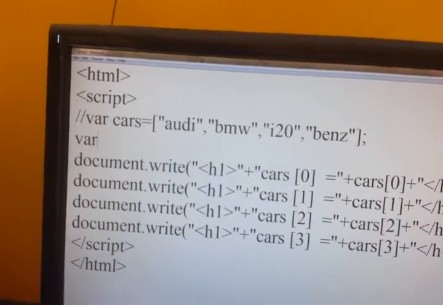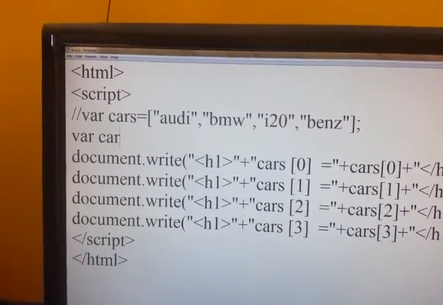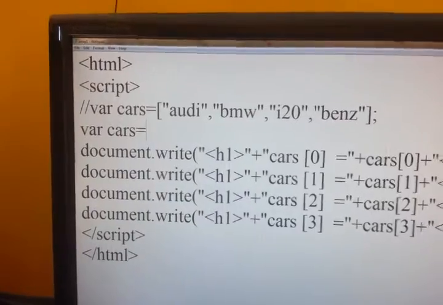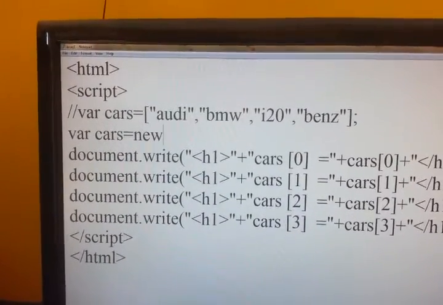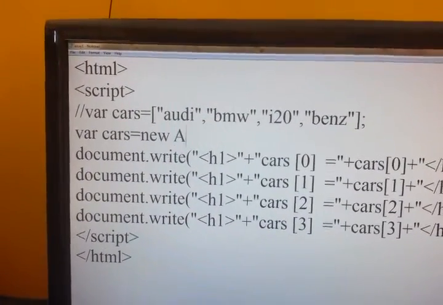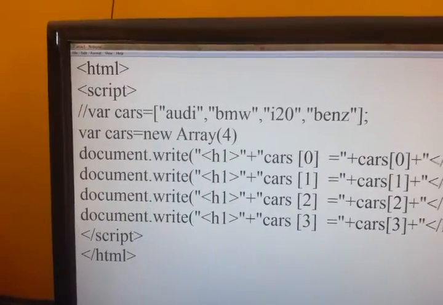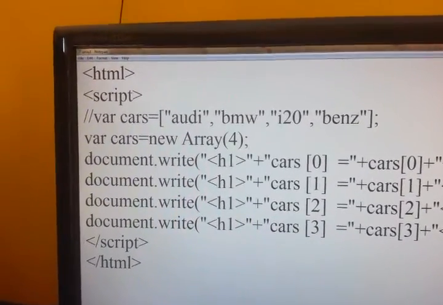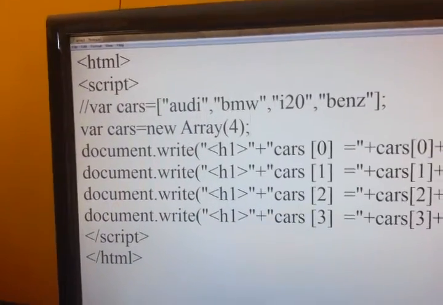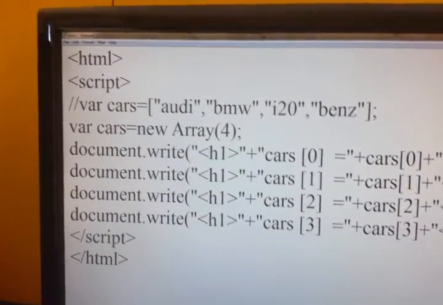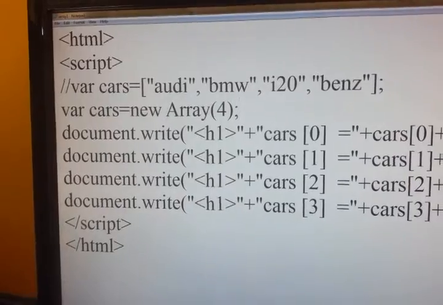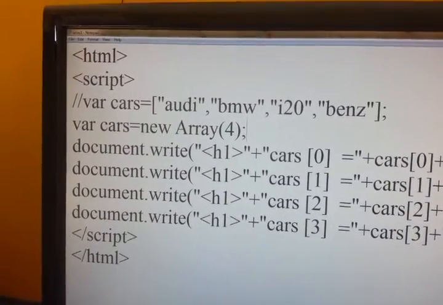We'll just use var cars = new Array(4); This is another way of creating arrays. var cars = new Array(4);